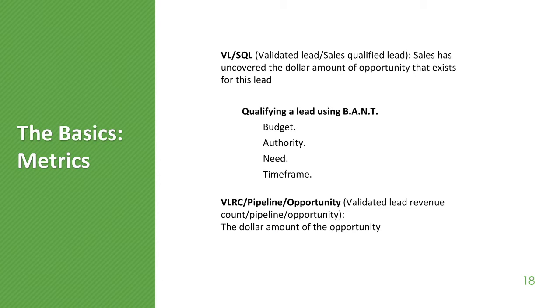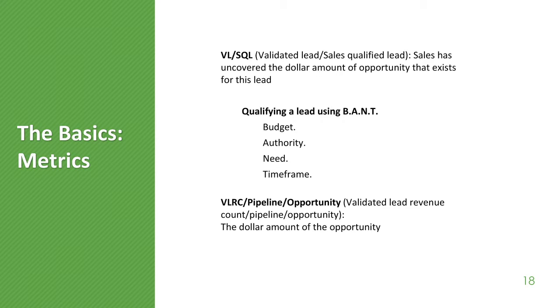Going into the sales world, you might have heard of something called BANT. This is how sales is going to qualify the lead. So you gave them a giant spreadsheet of leads. You gave them every single thing that they did, either in the virtual event or in the live in-person event. And now sales is going to go through those and have a conversation that finds out, do they really have budget? Do they really have the authority to make the decision? Do they really have a need for the product or solution I'm offering them? And what is their time frame for purchase?